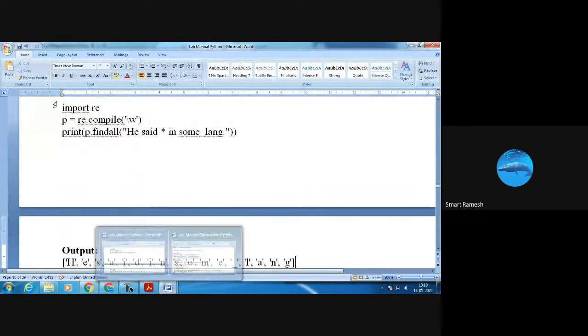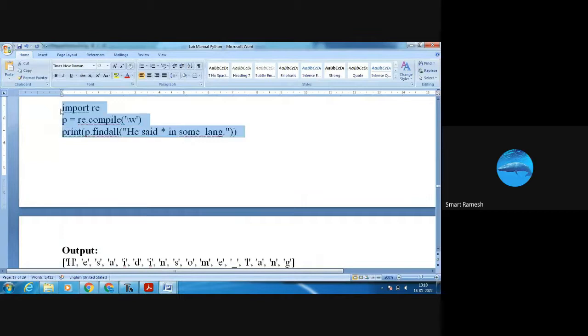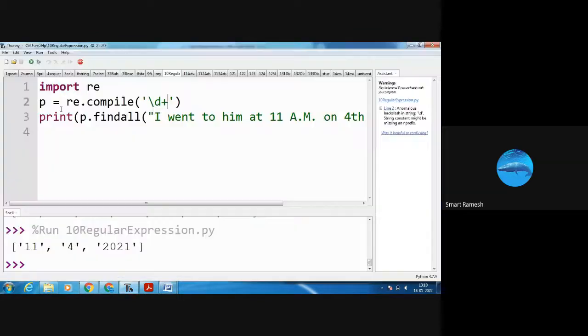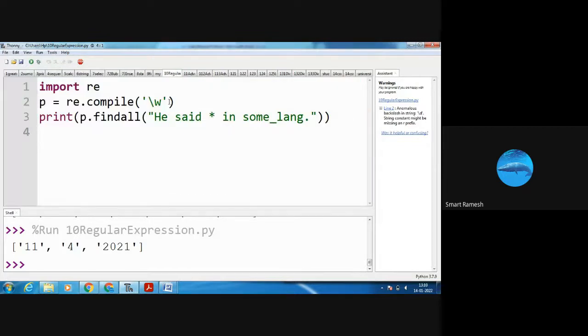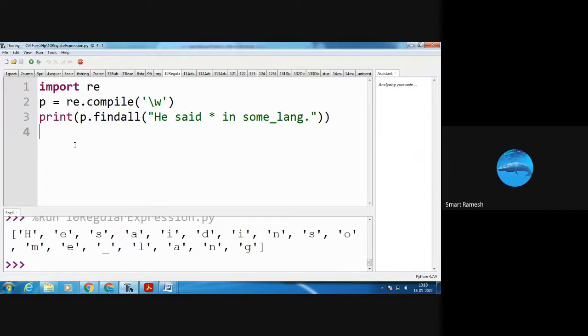Okay, next one, the findall function. I'm going to run the program. Here, see, all the characters are separated. Here only the star is missing, and white space, there is no white space. See the output.